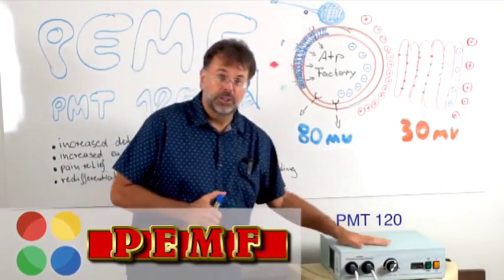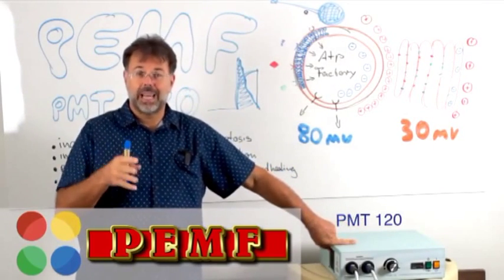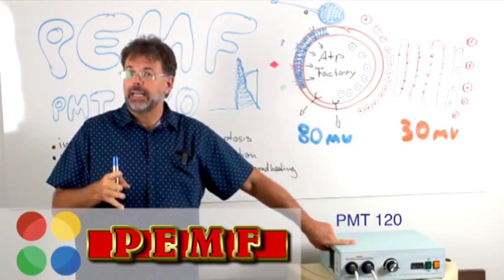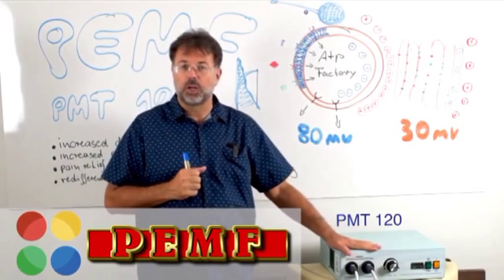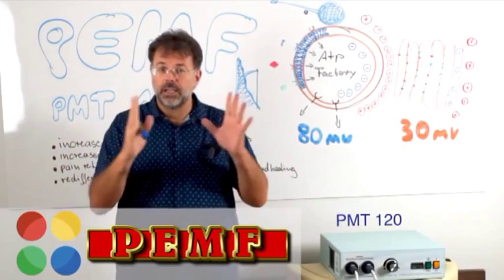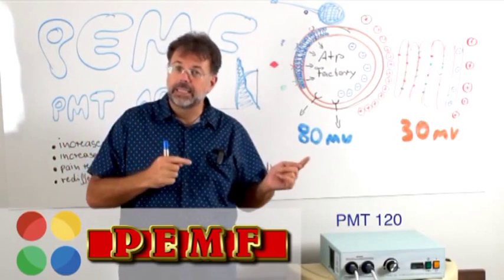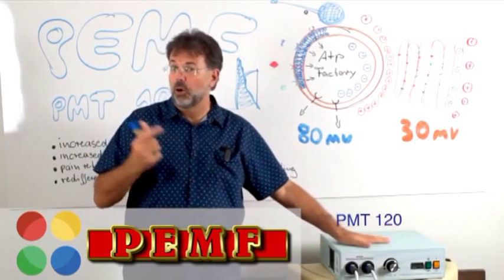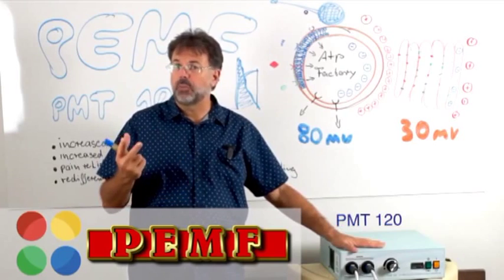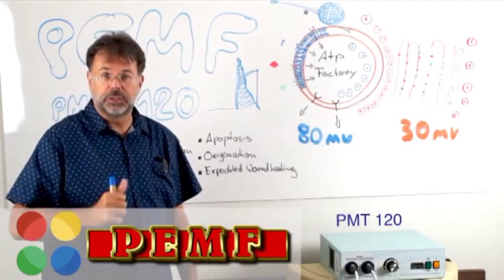Now, I like those devices, and I actually made a big purchase to rescue 10 of them before they are booked out. There is hardly any left because they are the only ones on the market, and the PMT 100 actually, in comparison, when you look at the strike, when you look at the pulse, it's identical. Then the $20,000 dear, or almost double as dear, PEMF device, and that's why a lot of clinics ordered straight away after the presentation, and I just made a